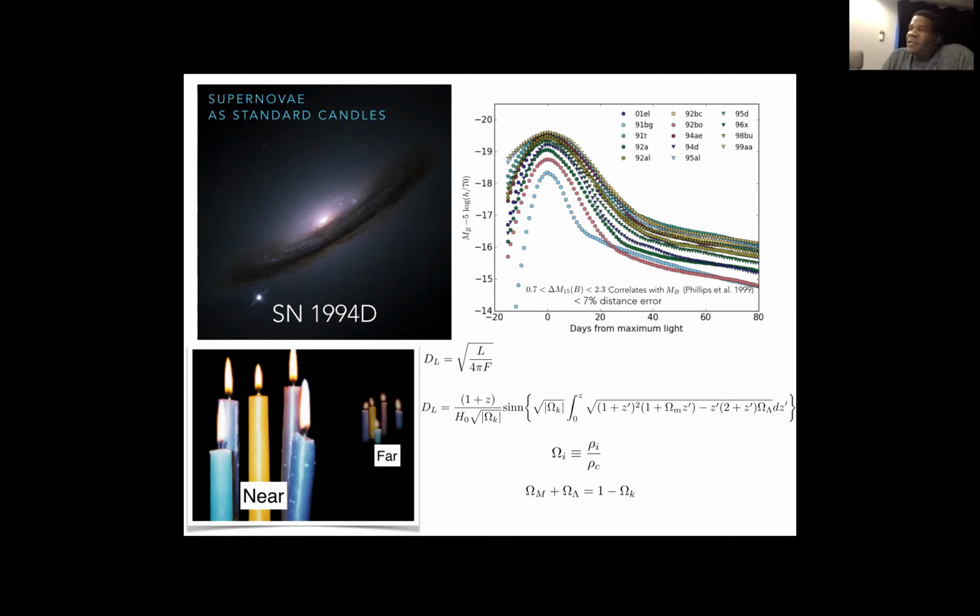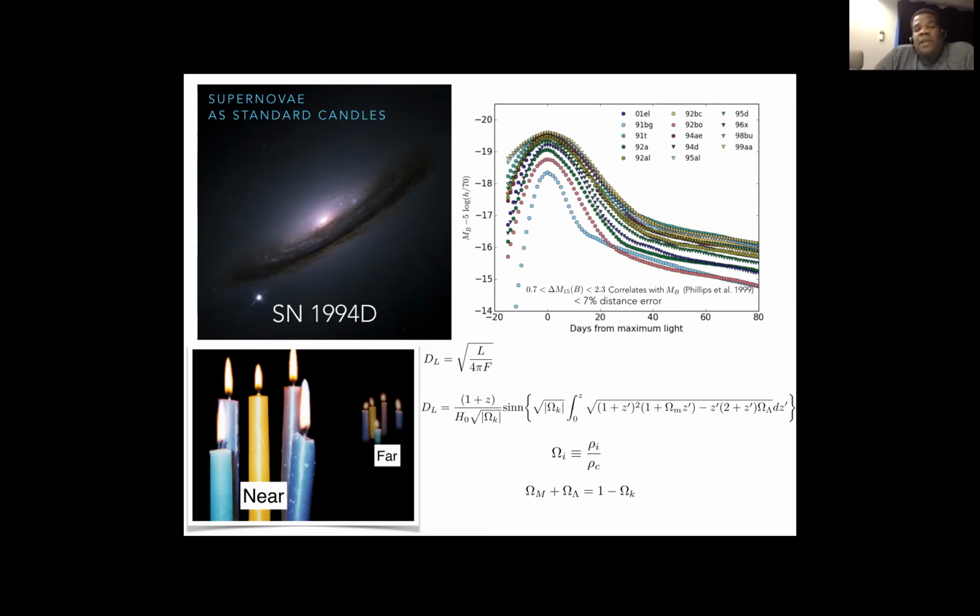What you see is basically one star momentarily becoming as bright or even brighter than the collection of 10 billion stars in that galaxy. These are incredibly luminous explosions, which makes them very useful for seeing at very large distances. These events turn out to be excellent measures of distance.